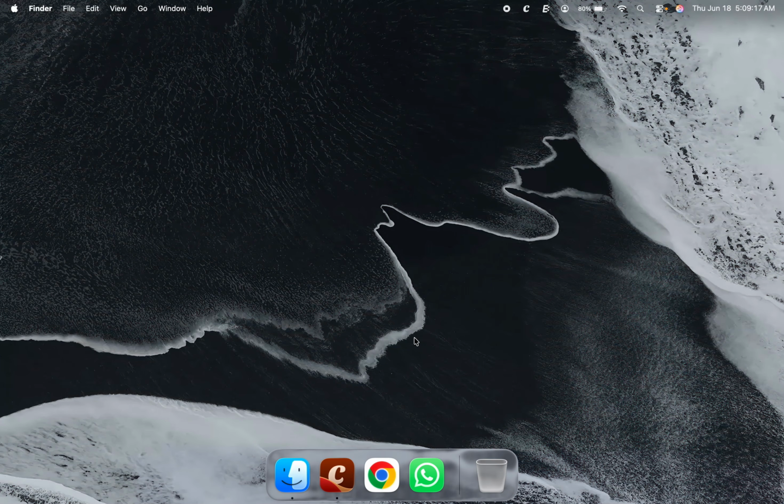In this video, I'm going to show you how to turn on force click on Mac. So, force click is a feature available on Mac which allows you to press a little deeper on the trackpad to access additional actions and shortcuts. For example, you can use force click to preview files, view information about links, and perform other quick actions without